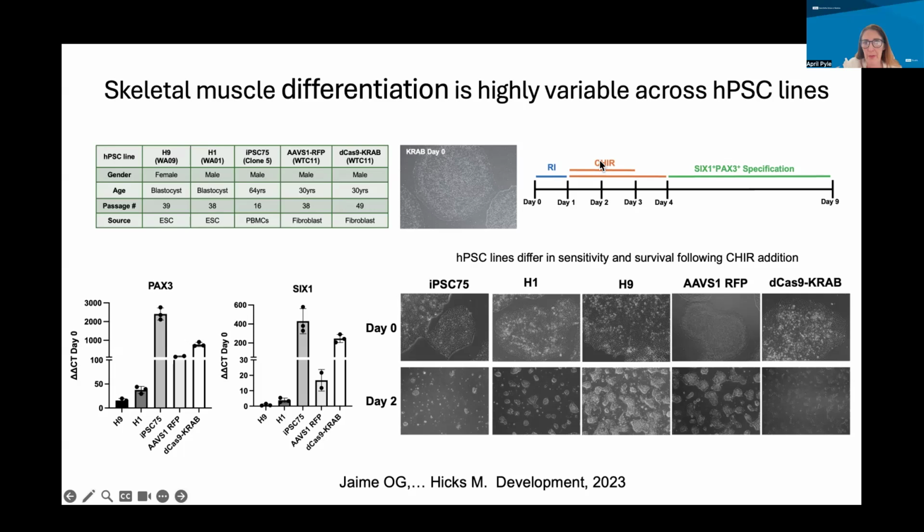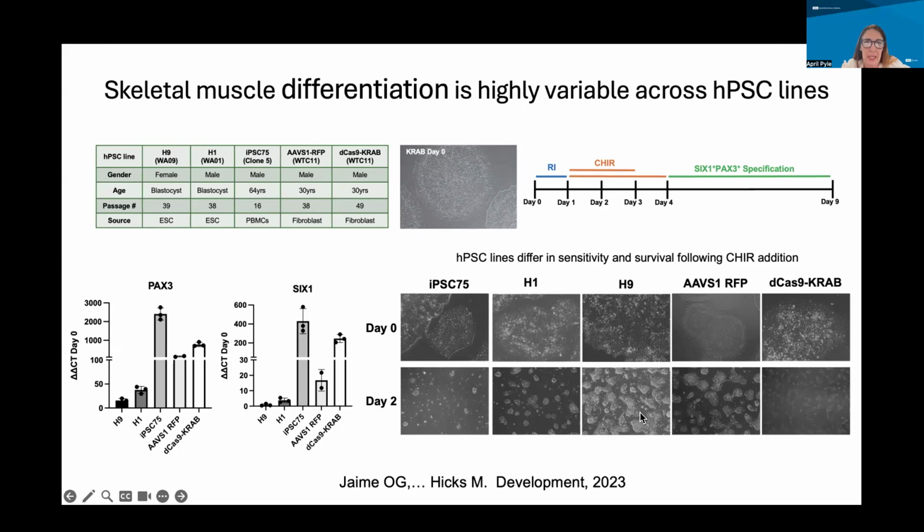So this is kind of looking at that. Again, you're using the ROCK inhibitor and then CHIR to really push these cells to paraxial mesoderm lineages. And then you have this early mesoderm specification of these skeletal muscle progenitors, or SMPCs. And if you look across different lines, you can see that their plating density, their differentiation at day 2 is